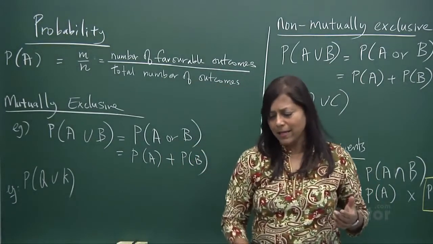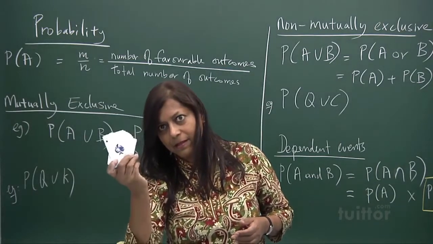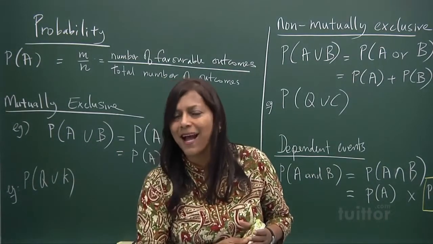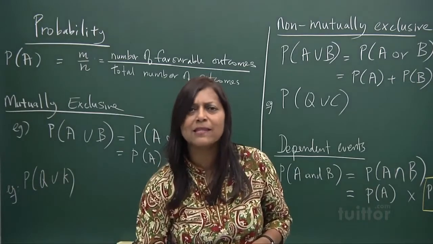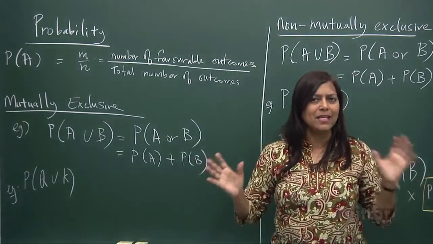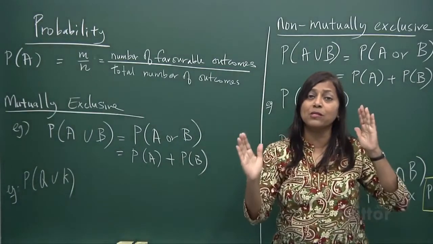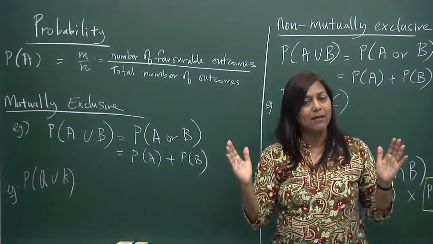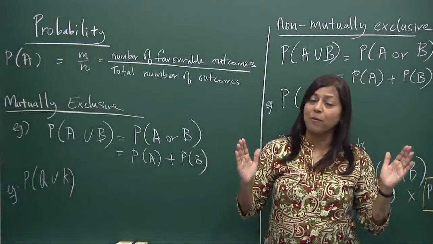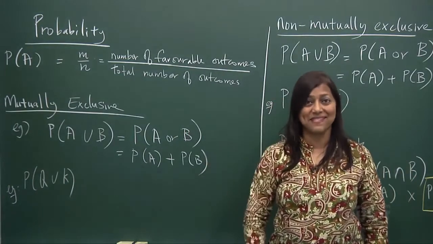Now if you look at cards, we've got 52 cards. What's the probability of getting a diamond or a spade? How many of them are there? 13. So it's 13 out of 52. So that's the probability we're talking about. The event happening is either this or that within that scope is always 1. So the probability is always between 0, not happening, and 1, sure to happen. In between is just the chances. So probability is always between 0 and 1, and 0 means 0%, 1 means 100%.